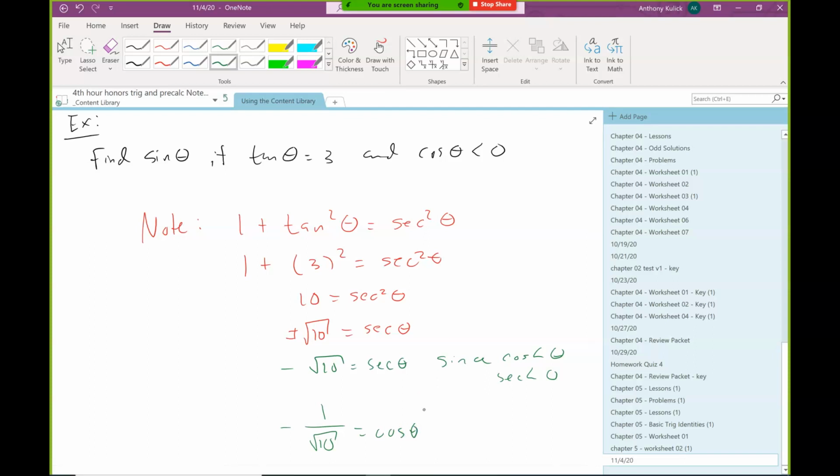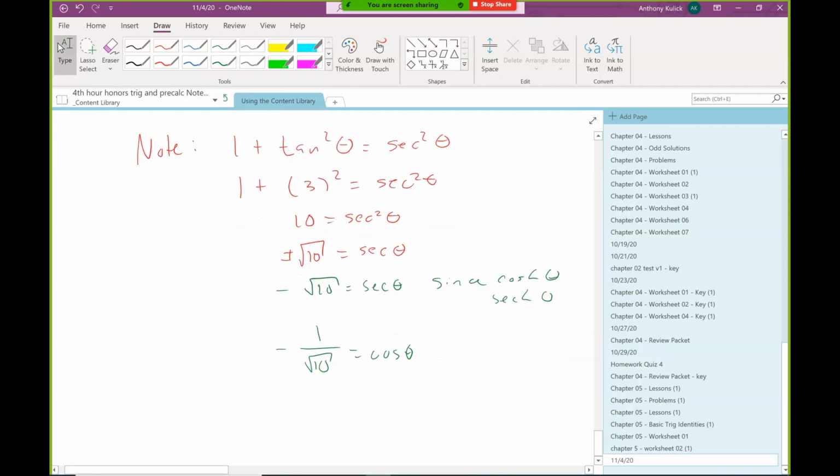Or since I know secant, I could look for one that involves sine and secant or tangent. Anyways, the one I'm going to use is that tangent theta is equal to sine over cosine, because it's easier to rearrange. So I can just multiply cosine to both sides. So I can say